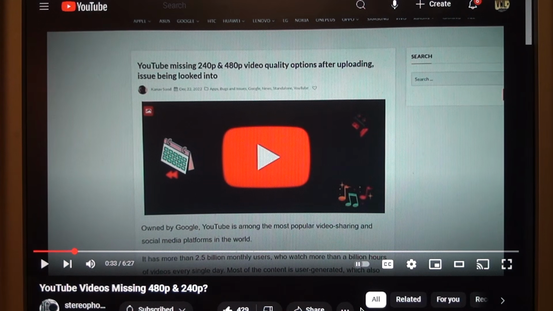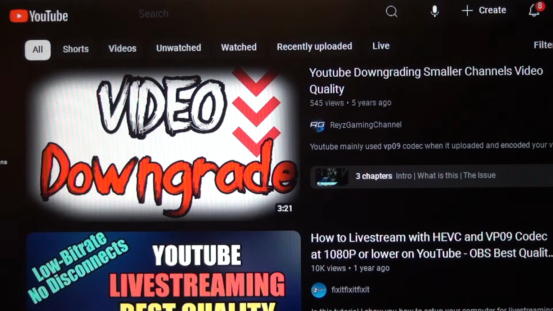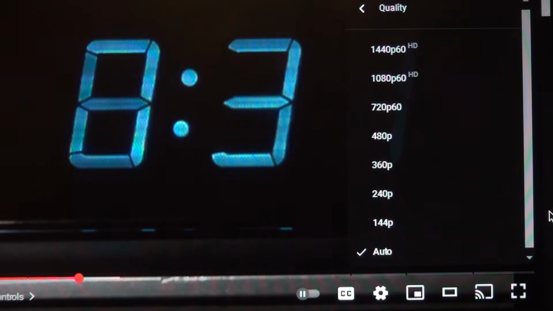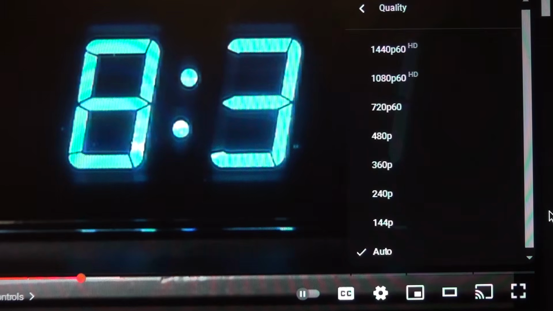But if you are going to upscale, unfortunately in recent years YouTube has gotten stingy and no longer gives smaller channels access to all of the resolutions or the highest quality video encoding, except if you upload at resolutions higher than 1080p. So that's why I've begun upscaling my standard definition video to 1440p.